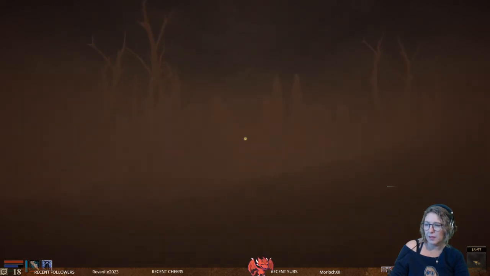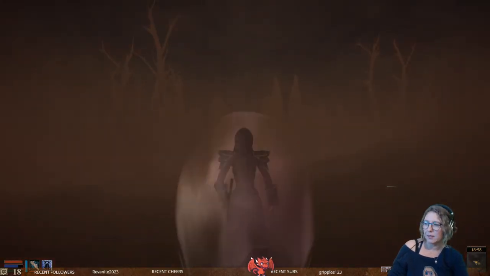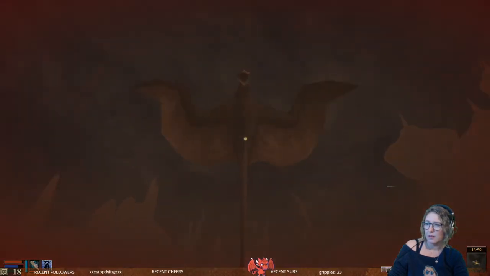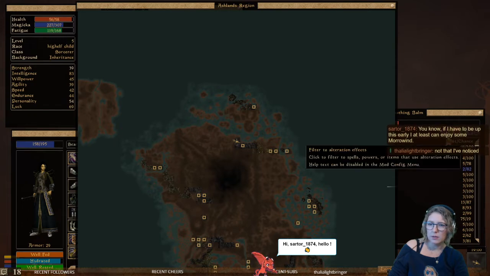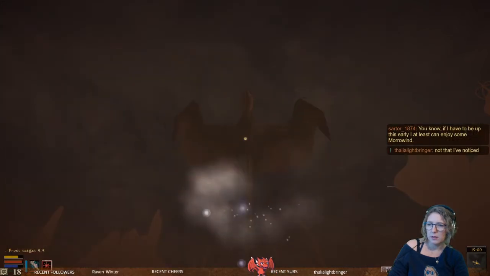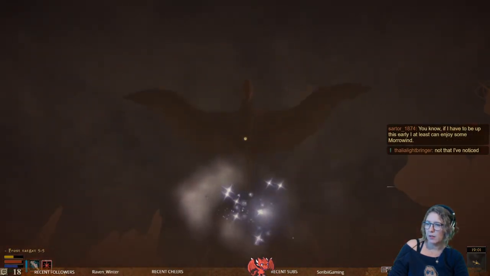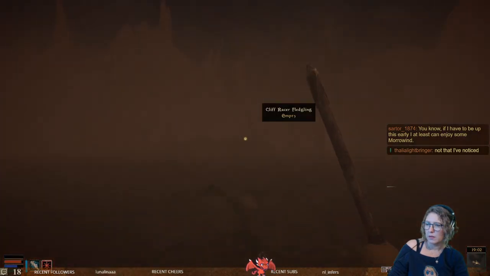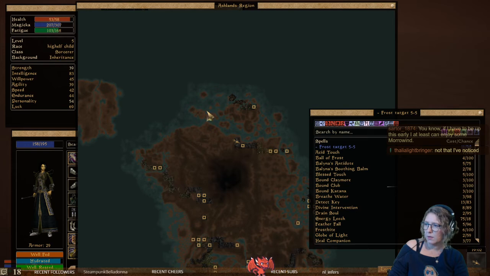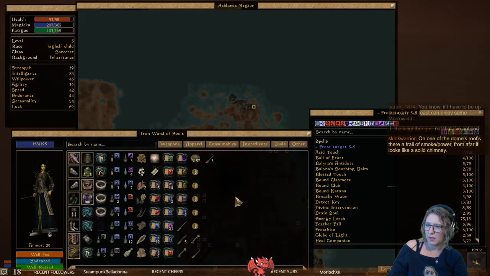Let's walk a bit. Sorry. Swing my wand at you and freeze you to death. Also, because I've been using my wand that has a soul trap effect, normally...